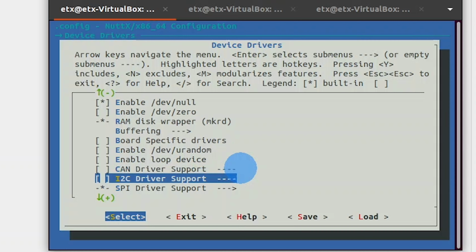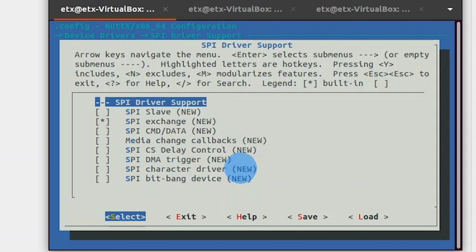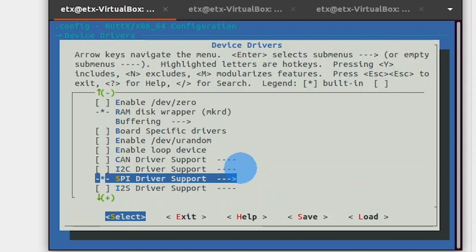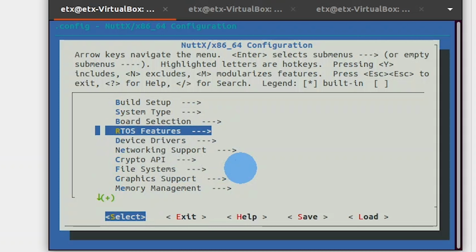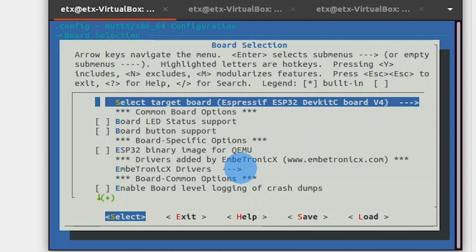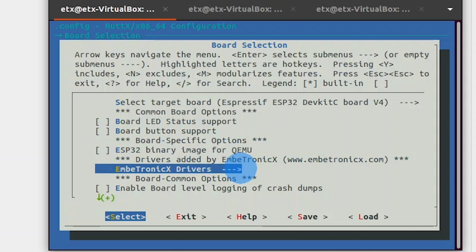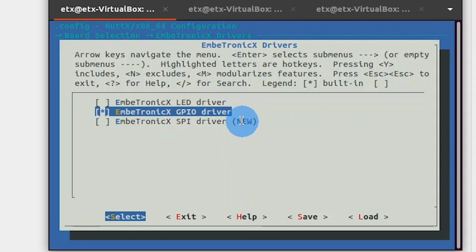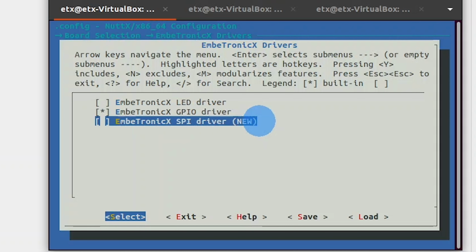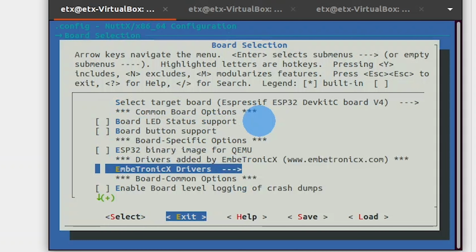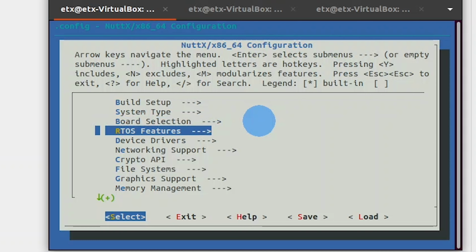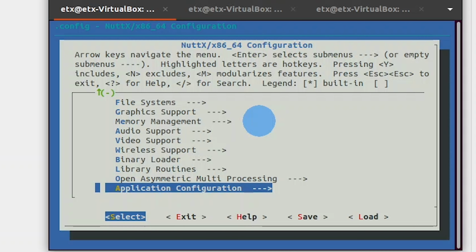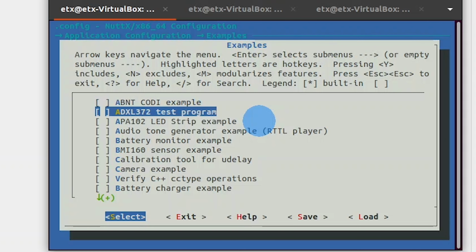Then enable the SPI driver. Now we will enable the driver which we wrote already. Enable the Embetronics GPIO driver and SPI driver. Then finally we have to enable the application.